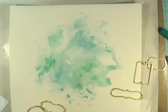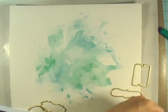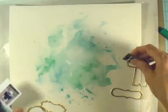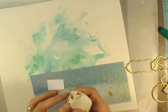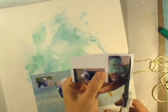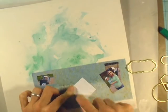I think I have 4 of them, and then there's 6 frames, so 2 of the extra frames I'll just back with pattern paper. And so in order to conserve my photo paper, I had printed the photos really tight together on the paper, which didn't leave me enough room to glue the frames on. So I just cut the photos up and I'm sticking them onto this scrap paper and spacing them out on the scrap paper, and that'll give me room to glue the frames down. So here I am just cutting them out,